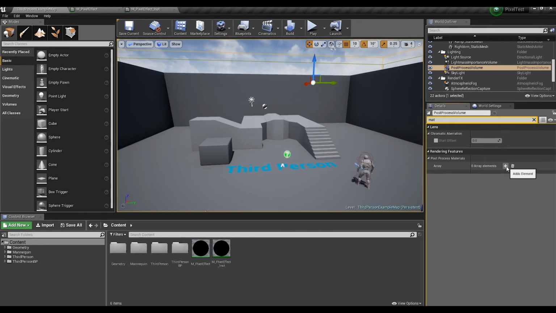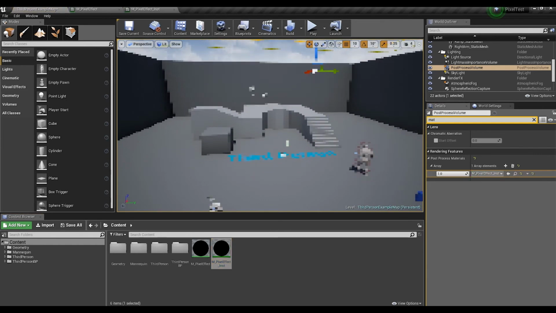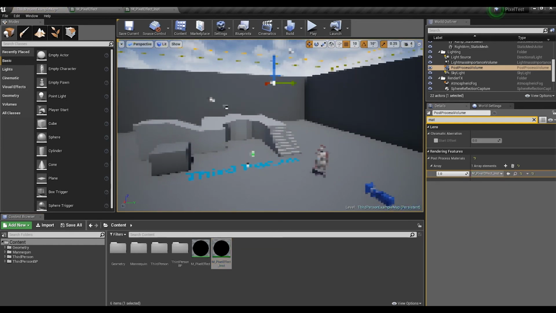The first is to apply the created material to the post-process volume. The second is to decide the space to apply it to.